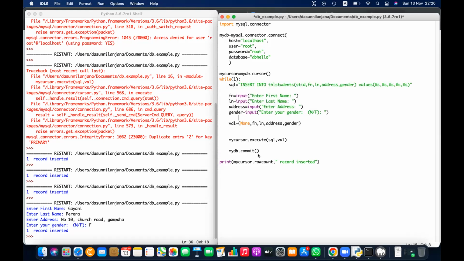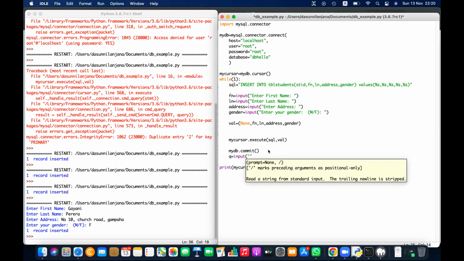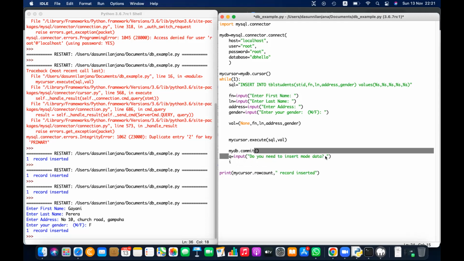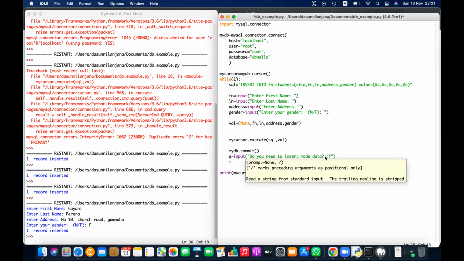I'll be repeating. But here, after the commit, I'm asking one thing. I'm asking a question that is input: do you need to insert more data? After the question, I'm checking that you can give the selective answers like Y and N. So if